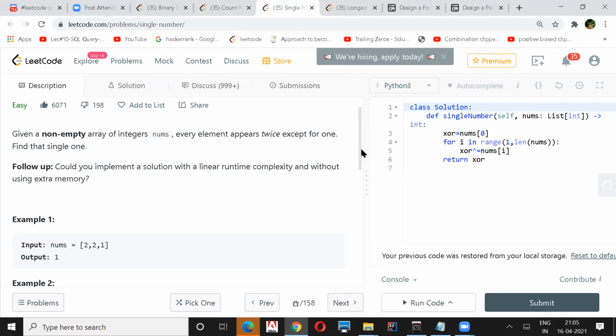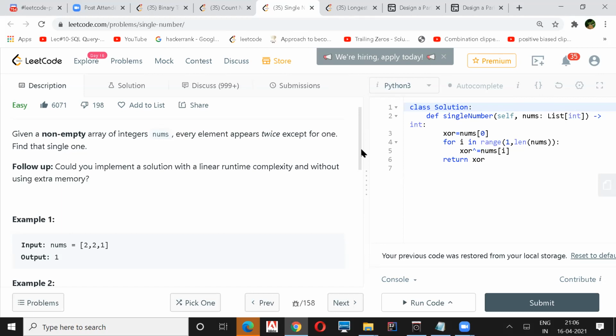That will be with extra space, but the time complexity will be linear, right? A hash set should also be fine. Now we have to avoid space also, so then comes the XOR operation, right?